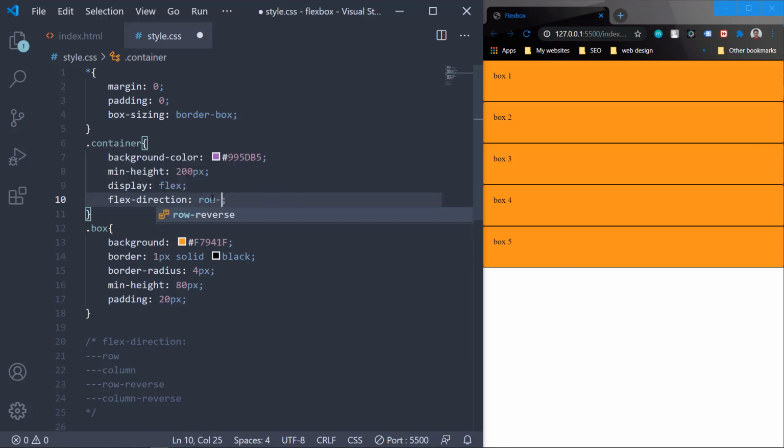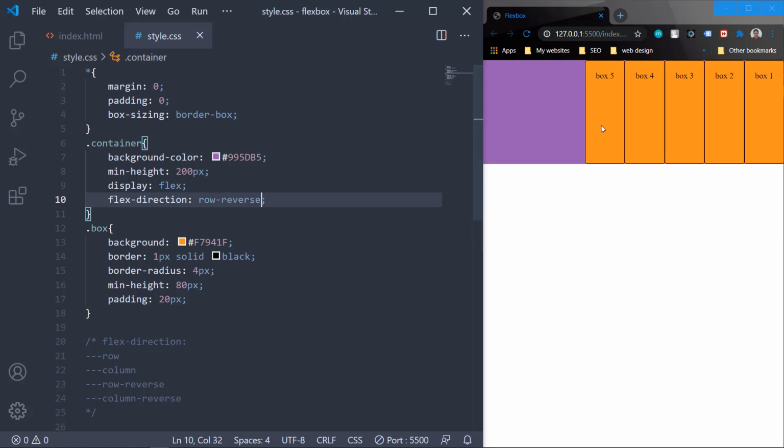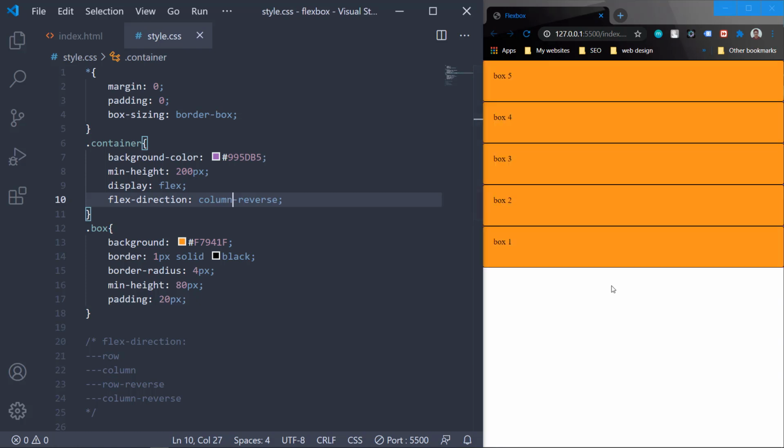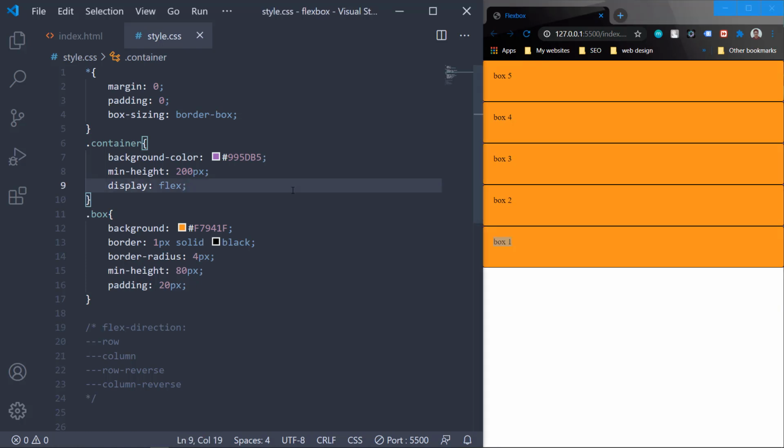Suppose we give it a value of row reverse, and as you can see it starts from the end and aligns in the reverse direction. So box 1 is at the last, then box 2, box 3 and so on. And if you put column reverse, it will be in the y direction, but it will start from the bottom and go through the top. Now let's work with the default one, which is flex direction row.